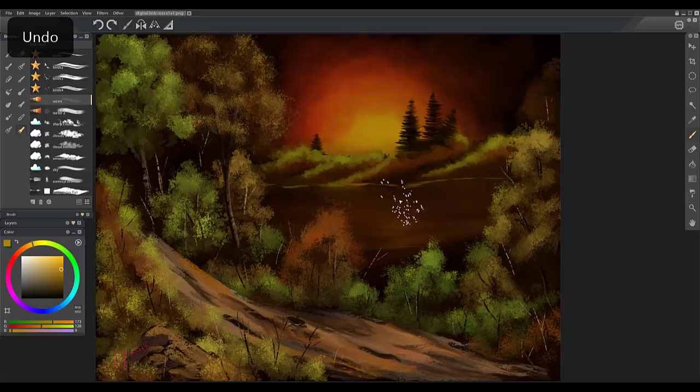And I'm just looking for little things I can noodle on. The water to me just looks a little too muddy, so I want to make it look a little more glossy. I'm using my water brush, I think. Is that the brush I'm using right now? Yeah, I think I'm using the second water brush. And I'm just taking some of the color from the sky and lightly